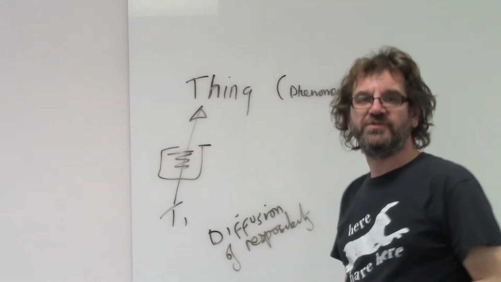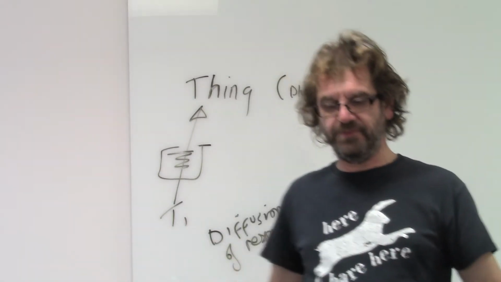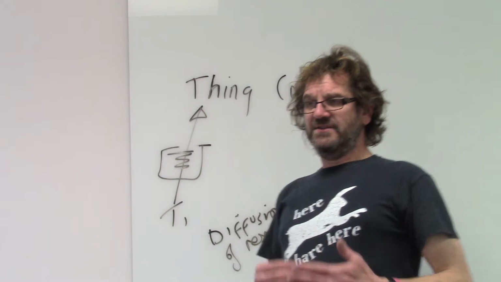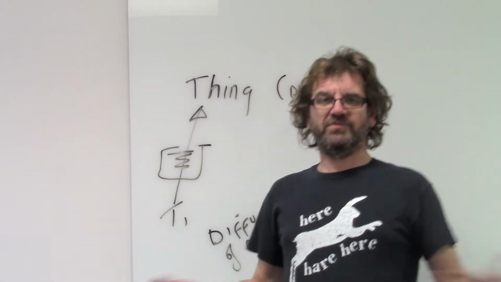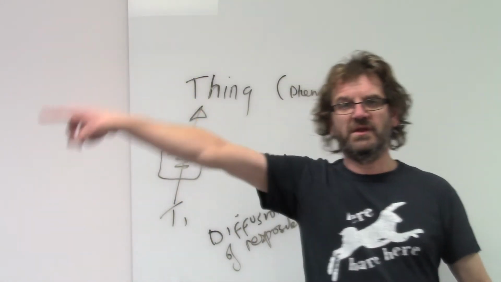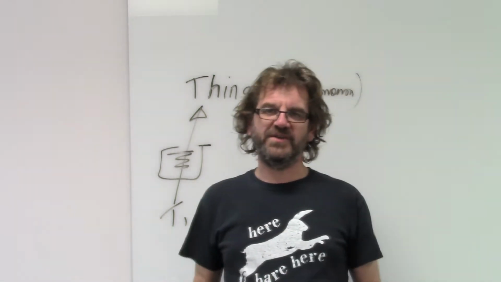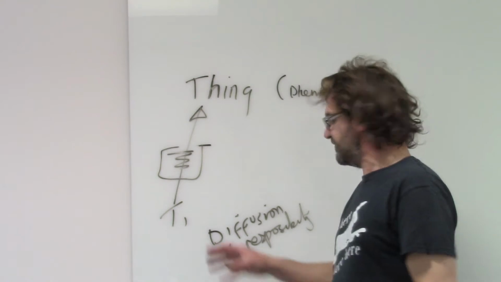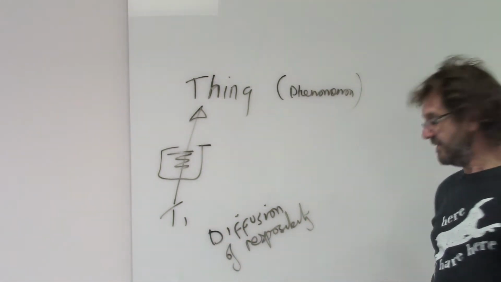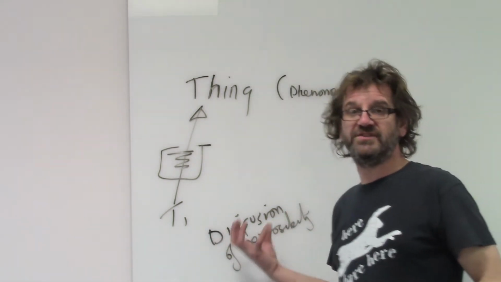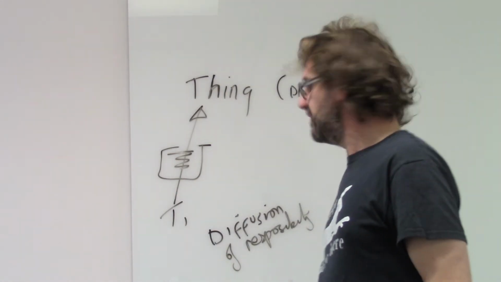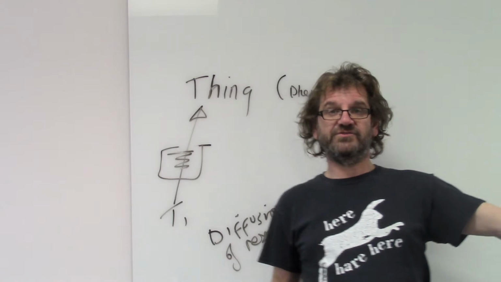Now, diffusion of responsibility basically means that when there's a bunch of people together and somebody needs help, everybody is kind of saying, well, it's not me, I'm not responsible for that, these other people can do it. And because everybody's thinking the same thing, everybody's sitting there not doing anything. So that would predict, if this was the case, that the more people you have who can potentially help, the less likely any one of those individuals is to help, because everybody is waiting for somebody else to do it.